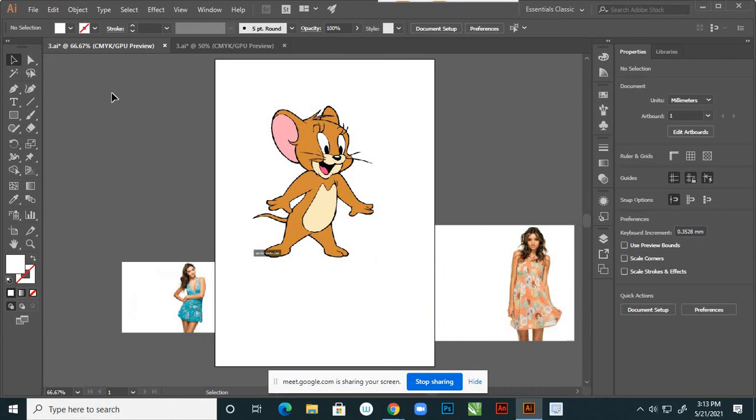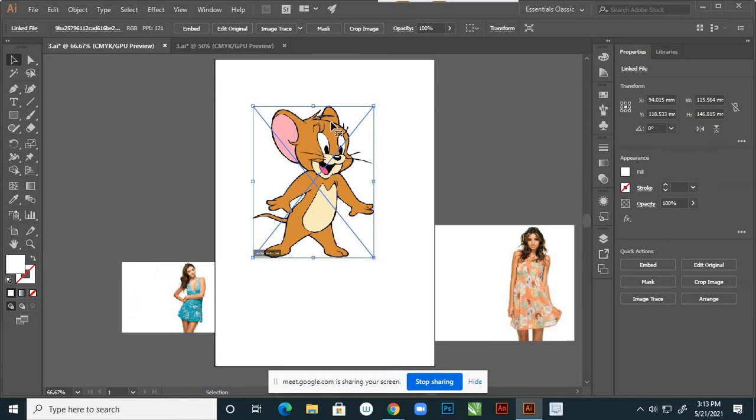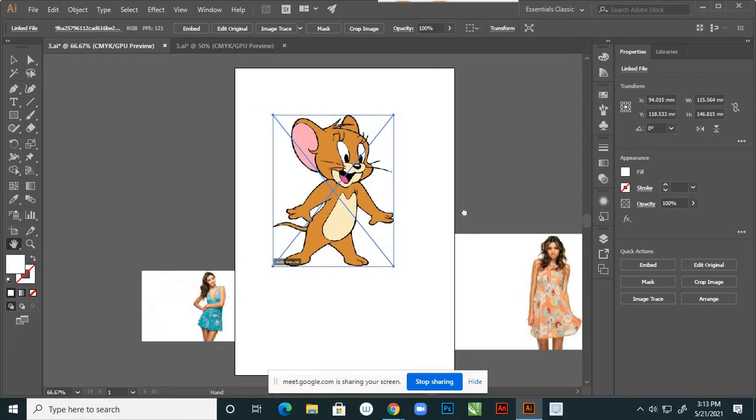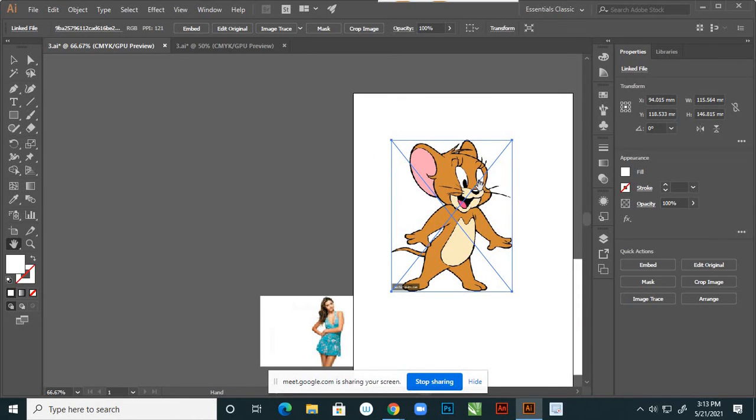Suppose, see, after placing your image, select it, and see your control panel or options bar here. This is Image Trace, right. Click on Image Trace, so we have options. You can keep this aside with the hand tool.